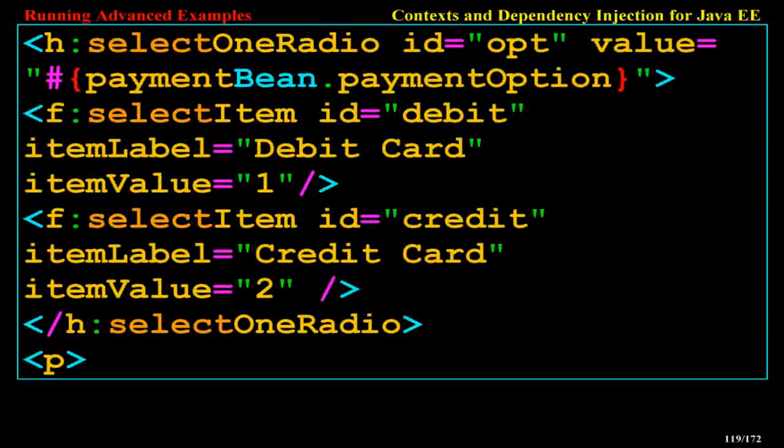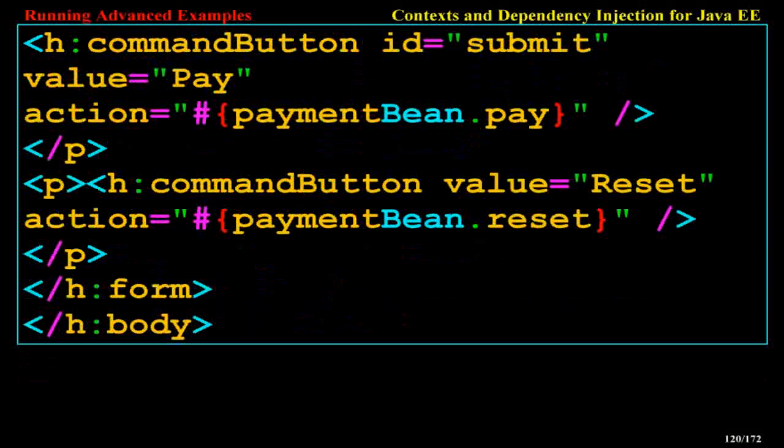<p><h:commandButton id="submit" value="Pay" action="#{paymentBean.pay}"/></p> <p><h:commandButton value="Reset" action="#{paymentBean.reset}"/></p> </h:form> </h:body>